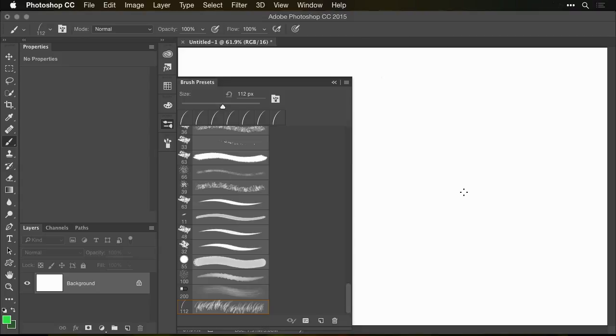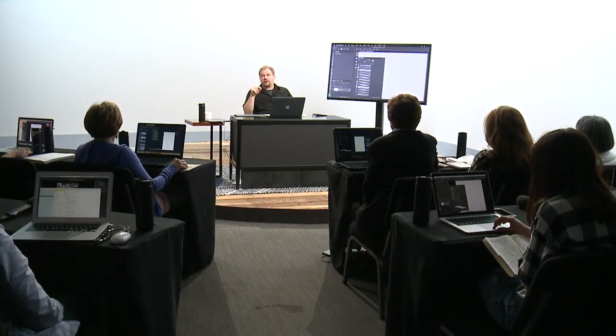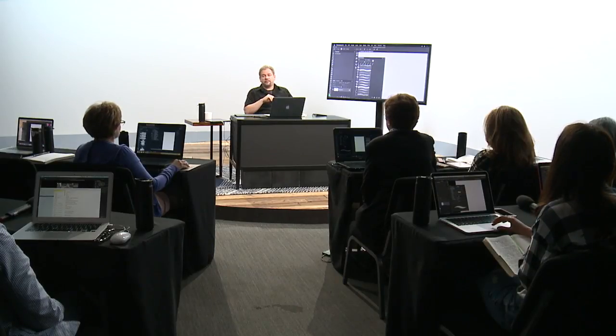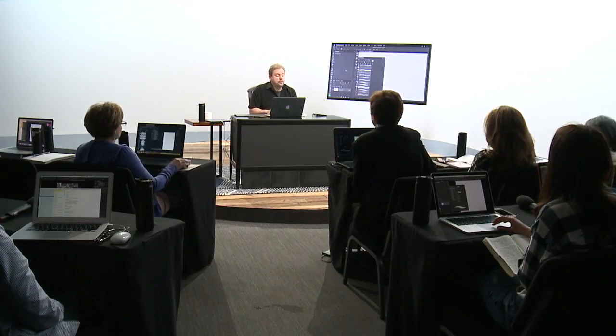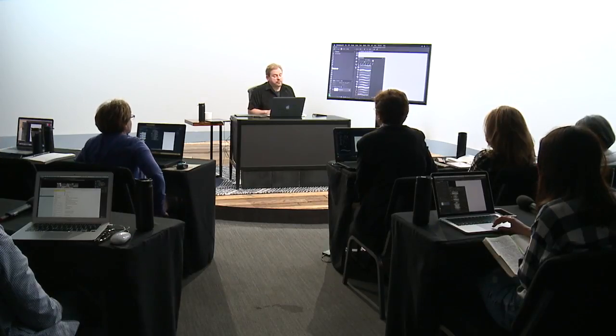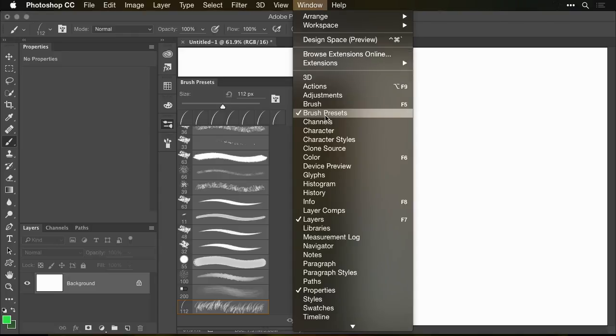Now, the only problem with that is when I come back to use this brush, it might not look exactly the same. And that's because I have my foreground and background colors set to specific colors, and those colors aren't usually saved in a brush preset. If I want those colors to be used every time I do it, then I don't want to use a brush preset. What I want to use instead is a different window called